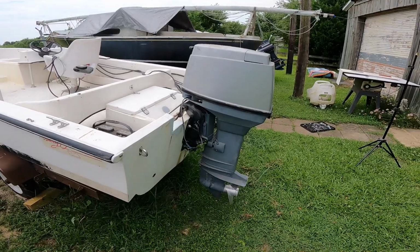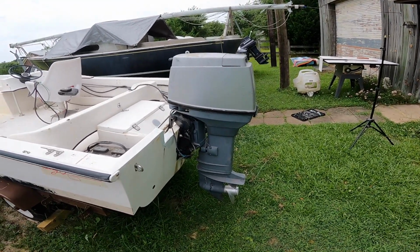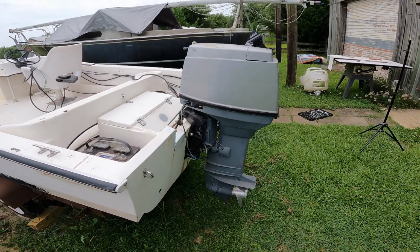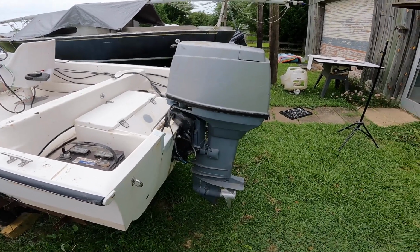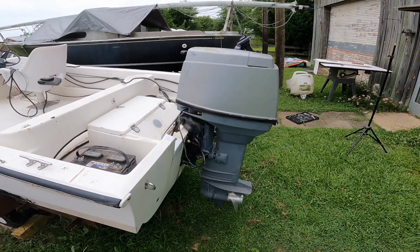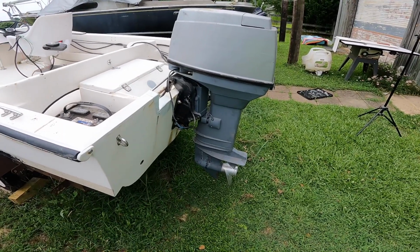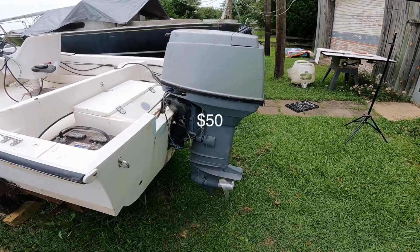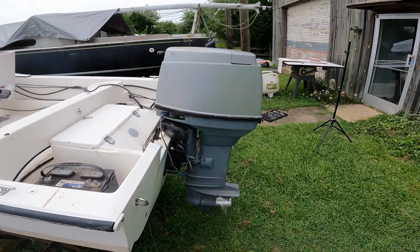I was fortunate enough to, at least hopefully, pick up this little Tohatsu 50 horsepower outboard motor a few days ago. It's somewhere between the middle to late 1990s, like 95, 96, 97, 98, somewhere in there. I got it for not quite free, but almost free, and it came with the motor and the wiring harness and the control box,